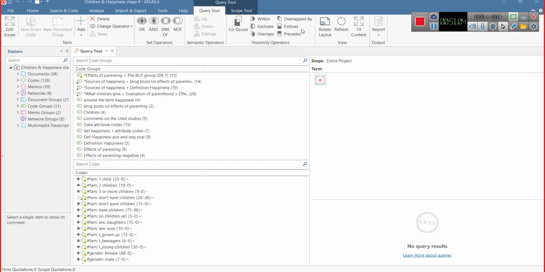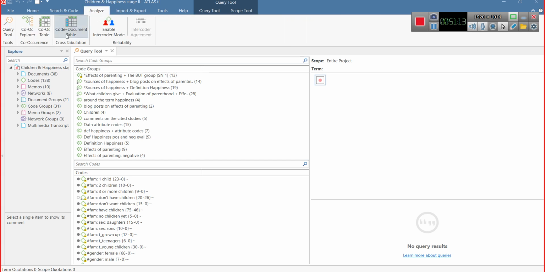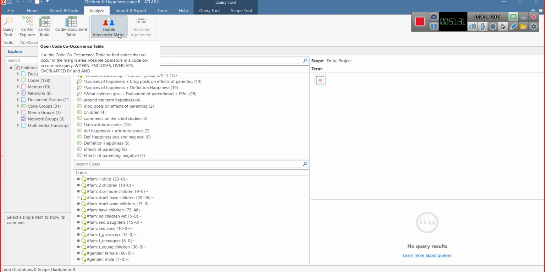But also, through analysis tools like the query, or the code-document table and co-occurrence table, it helps you analyze more than your mind can do, and moreover, it can be done